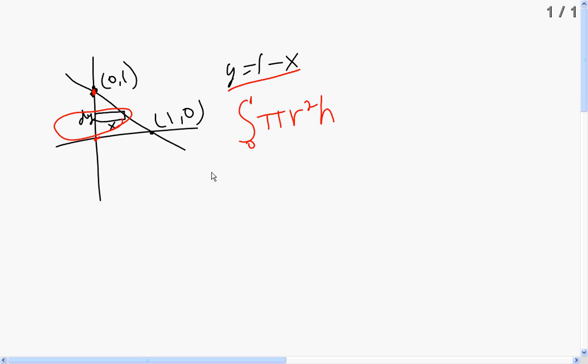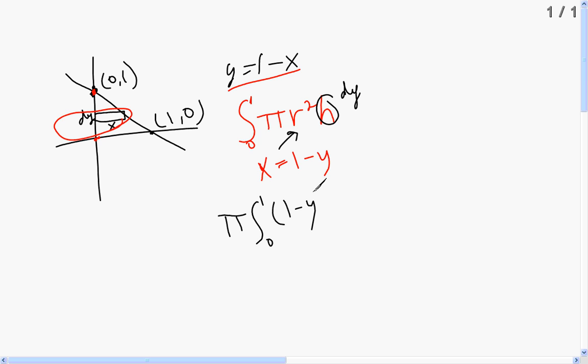So I have to take this and solve for x, and I think we already did that. You told me that you had that already. That x was equal to 1 minus y. So of course that's going to go in the place of r right here, right? And the height, remember, is dy. That's that change. So when I go to plug in, I should have the integral from 0 to 1. And we factor out our pi. And that's the r squared, so we know it's 1 minus y, all that squared,